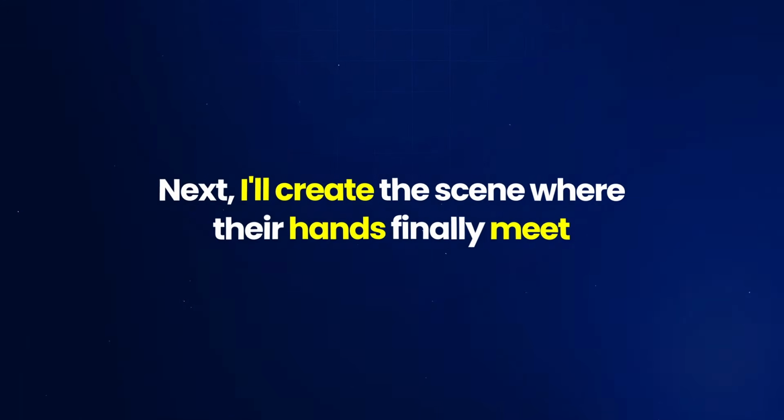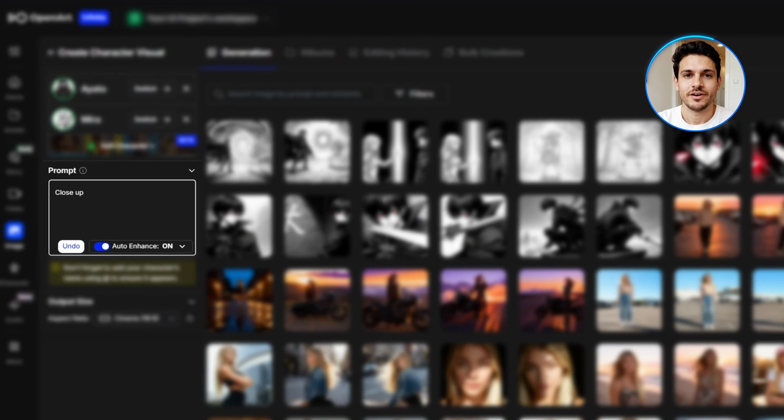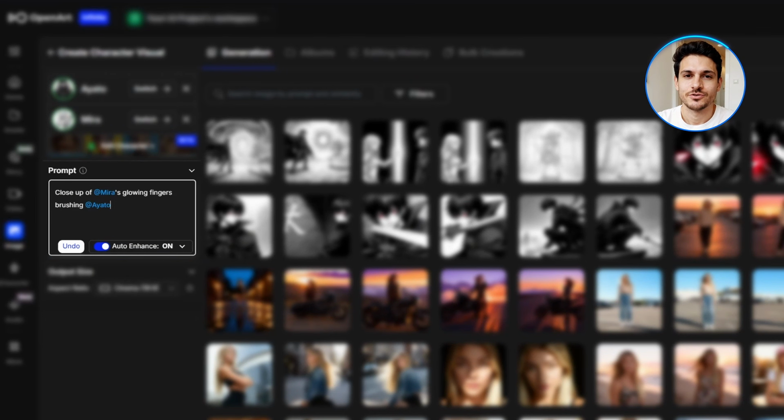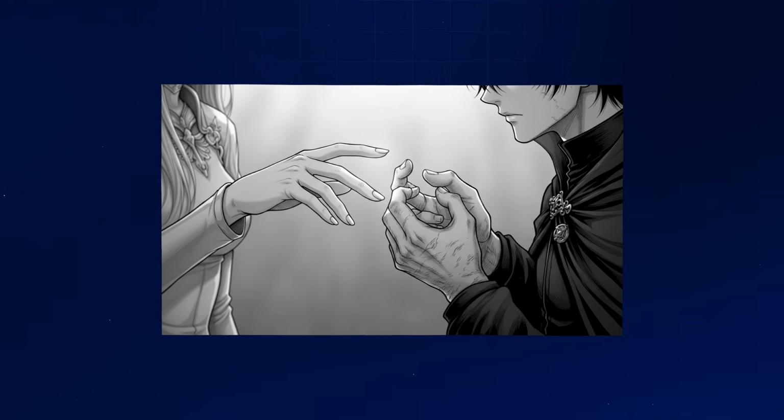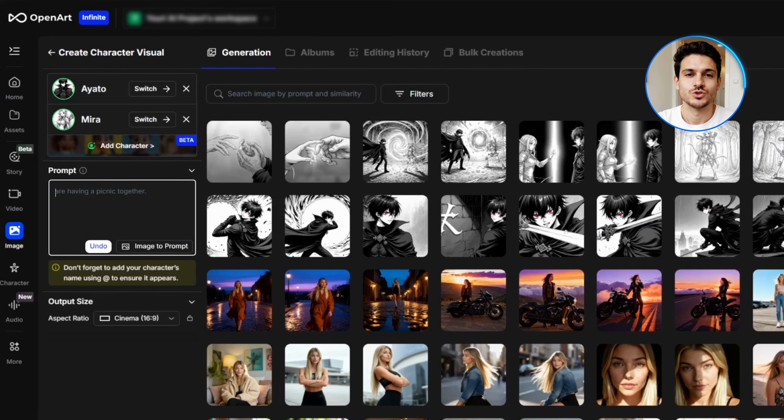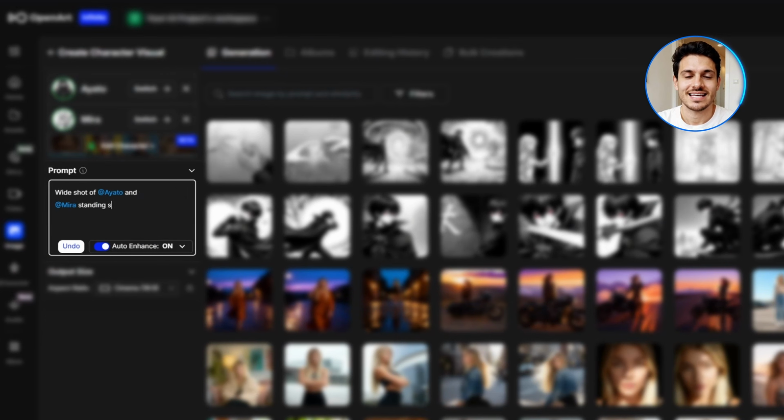Next, I'll create the scene where their hands finally meet. Prompt close-up of Mira's glowing fingers brushing Ayato's scarred knuckles, soft grayscale contrast, intimate moment, black and white manga style, detailed hand art. And for our final panel, I'll do wide shot of Ayato and Mira standing side by side